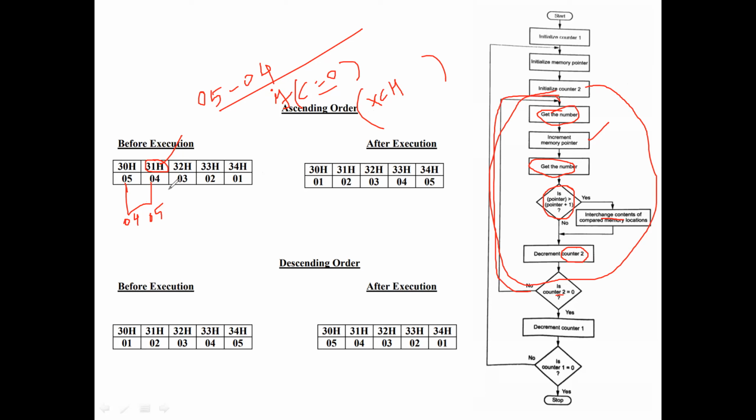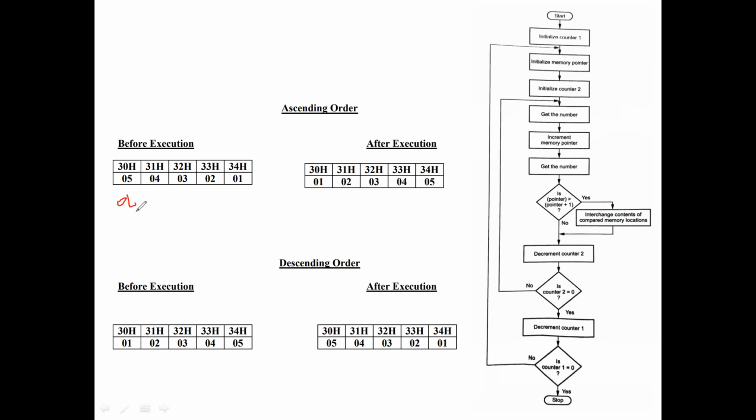Then it will get the data. Before the second iteration, the pointer will compare these 2 locations. Now the data here is 4 and this is 5. I'm going to compare these two values. For that, I get the first value, increment the memory pointer, and get the second value.